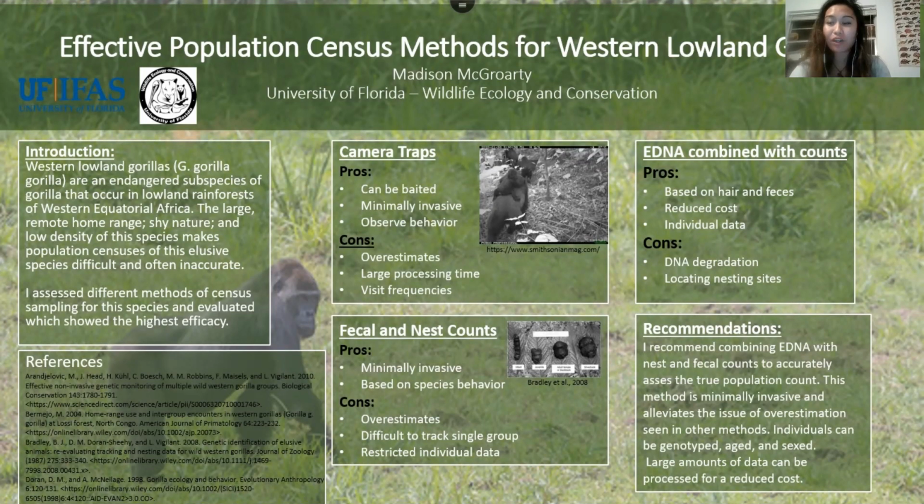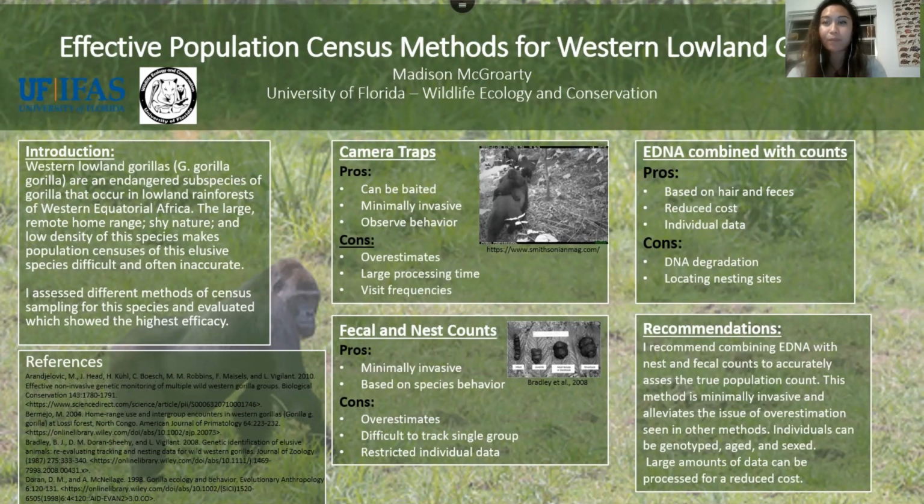Western lowland gorillas are a critically endangered subspecies of gorilla found in Western equatorial Africa. Because of poaching and disease, their populations have declined over the past quarter century. However, currently the exact number of Western lowland gorillas is unknown due to their dense, remote rainforest habitat and their elusive behavior, especially around people. Without an accurate population count, it is extremely difficult for managers to conserve and protect the species or advocate for